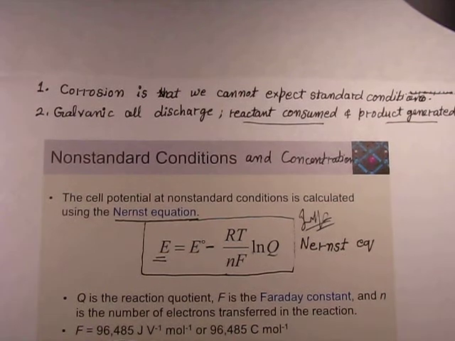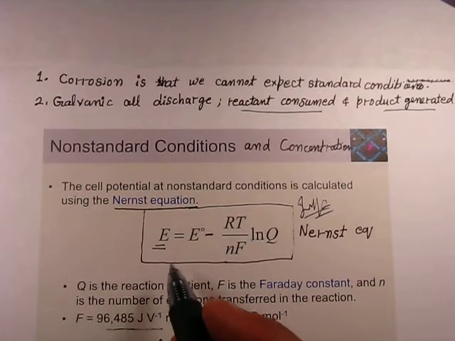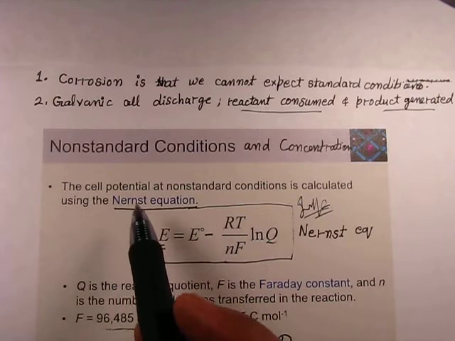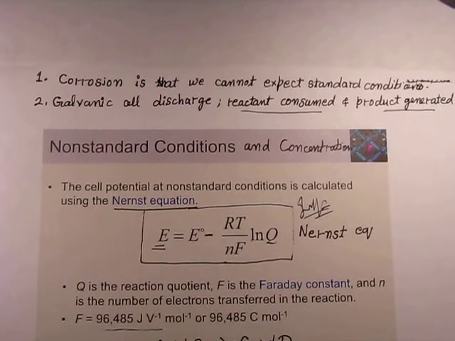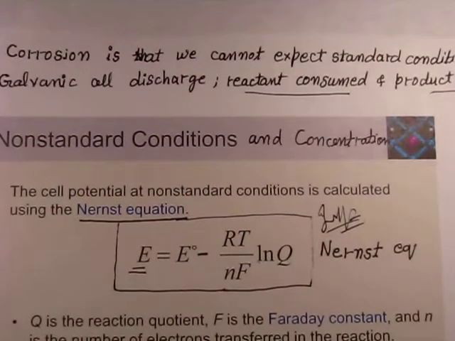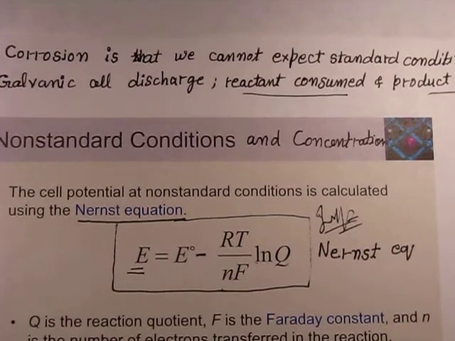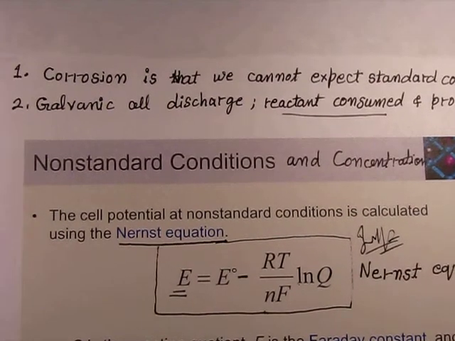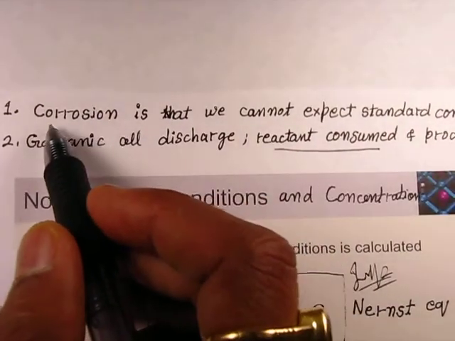So in this video we will study how we can calculate the cell potential under non-standard condition, and how the concentration of reactant affects the cell potential. Why we are going to study this is because there are two important points we have to think about,